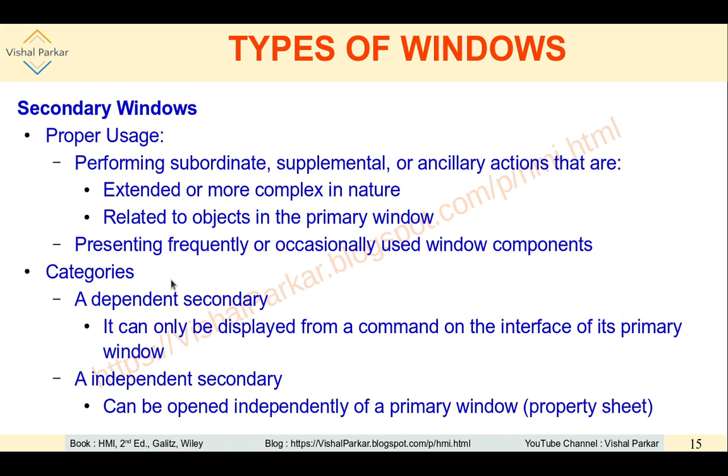So, there are two categories. One is called the dependent secondary window and the other the independent secondary window. In the case of a dependent secondary window, it can only be displayed from a command on the interface of its primary window. It cannot be opened otherwise, whereas an independent secondary window can be opened independently of a primary window, which we have seen in the case of the property sheet.